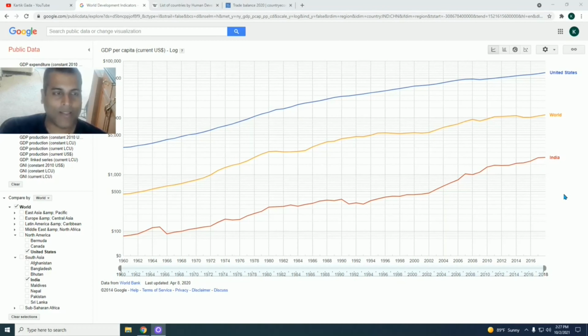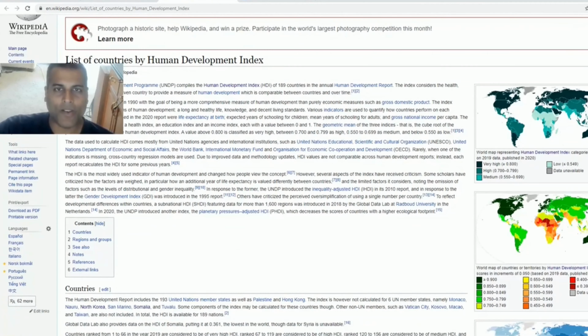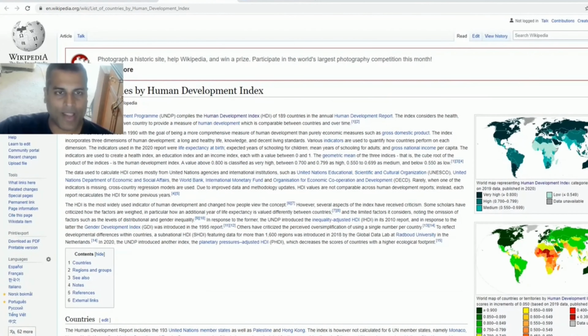But nonetheless, the topic of this video is proven pretty substantially just from this chart, but we're going to provide some other material as well. So I go to this other metric, which is the list of countries by Human Development Index. This goes beyond GDP per capita and looks at other metrics of human development, such as education, infant mortality, life expectancy, and so forth, many of which correlate to GDP per capita, but not exactly.